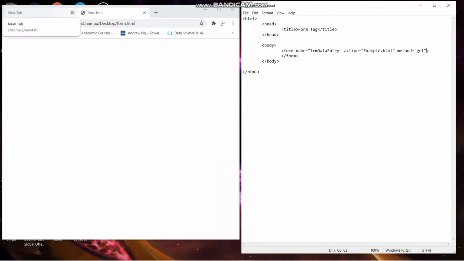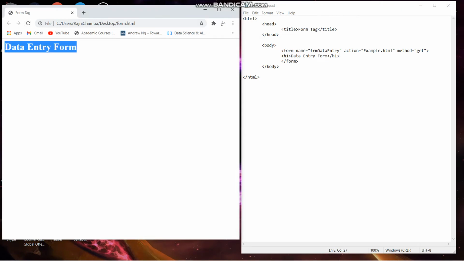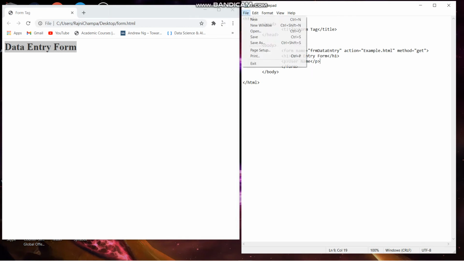As you can see, I am giving the heading for the form. It would be the name of the form given above, that is the data entry form, in the h1 tag. You know that the h1 tag is a block level tag, so the data entry form here will take the entire width of the page. And the paragraph tag I am using to give here is username, and it will be displayed below the data entry form. After the paragraph username, I am giving input controls.